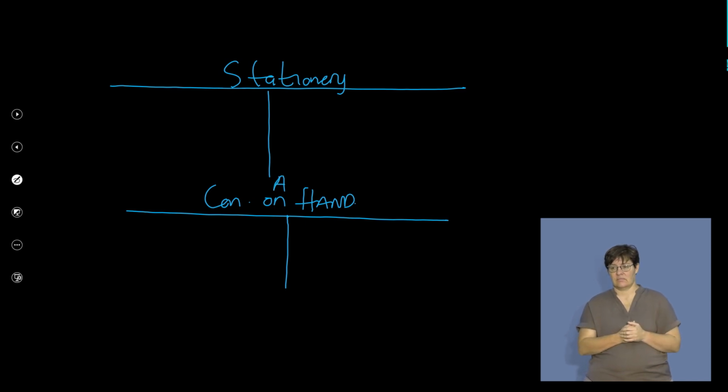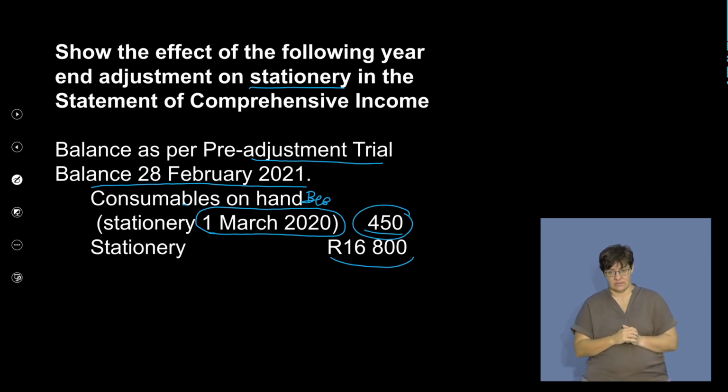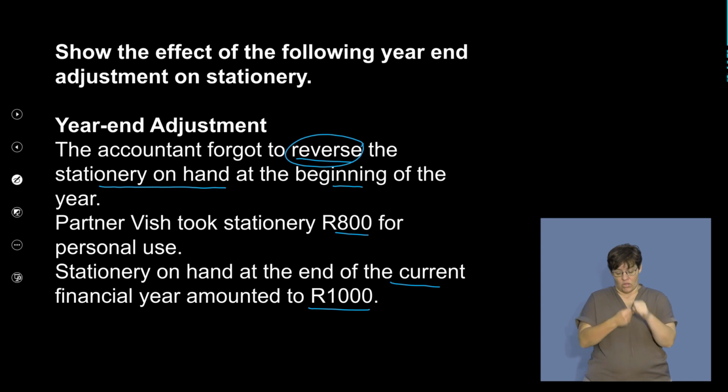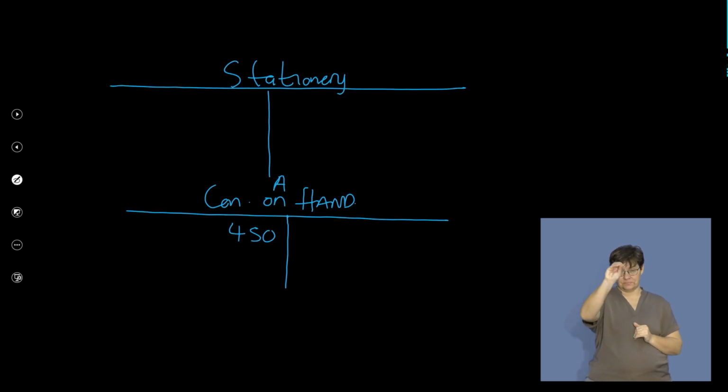So at the beginning of the year, stationery on hand, not reversed, an amount of 450 Rand. So let's just take that through, right? So on hand, 450. And then stationery purchased for the entire year, an amount of 16,800. So I just want to take that through to the ledger as well,